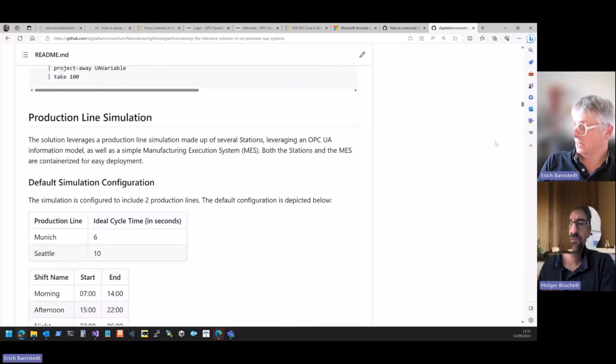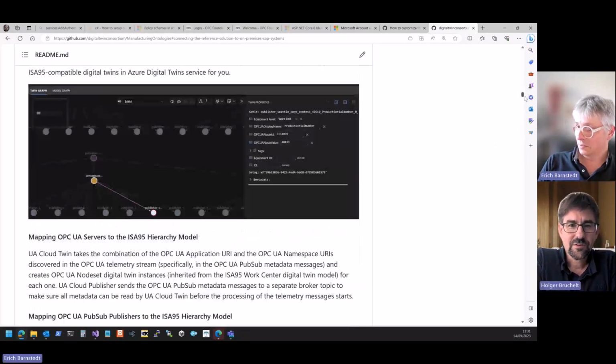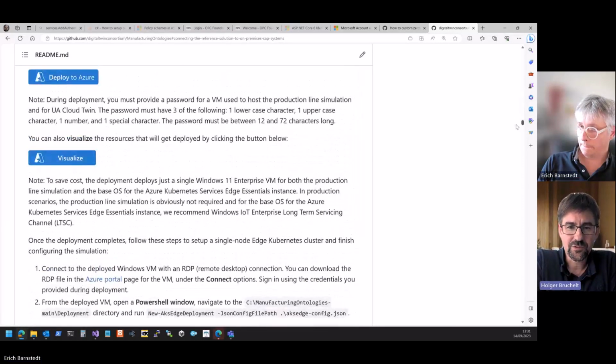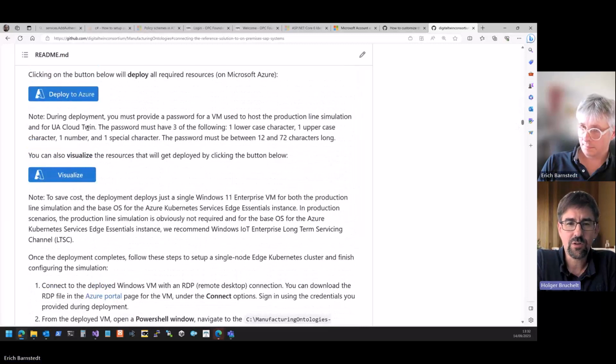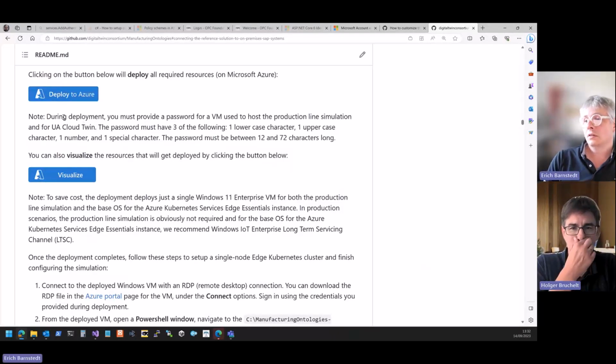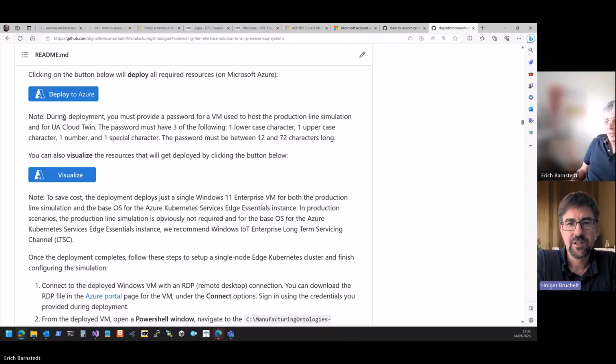And footprint calculation. Yeah, so this button to deploy to Azure, what is actually deployed to Azure then? I mean, is really the whole reference architecture deployed, and I basically just need to go in and do some final custom configurations and obviously connectivity to the SAP system and stuff like that? It leverages the Azure Resource Manager, and it's an Azure Resource Manager deployment script. So the entire solution is deployed, including the simulation.